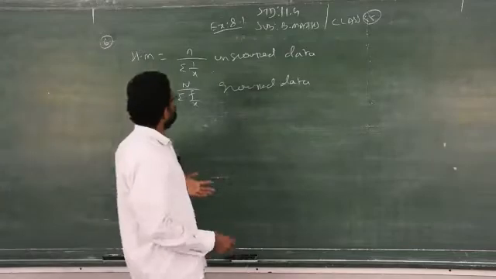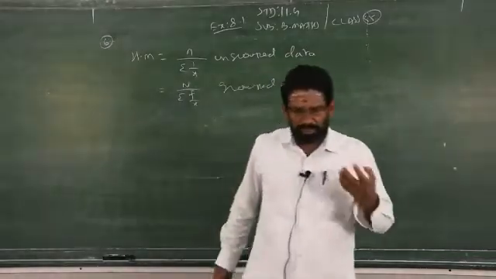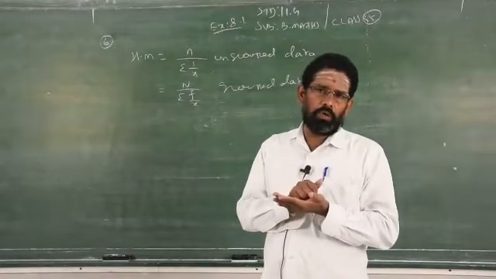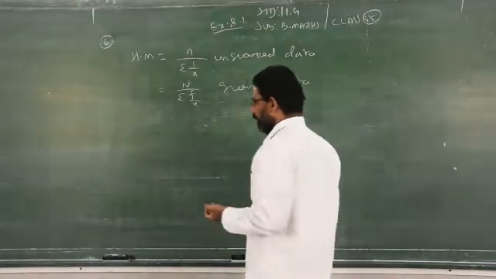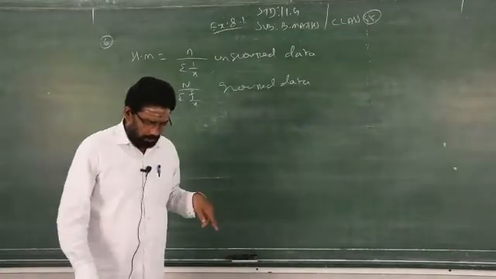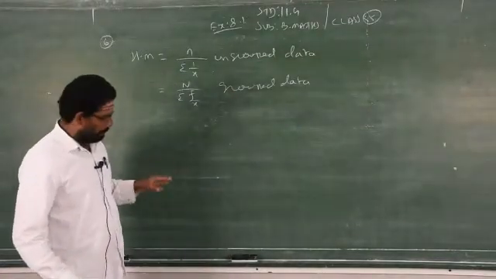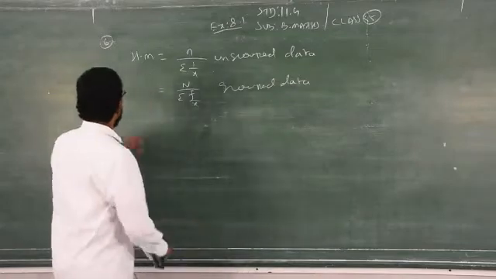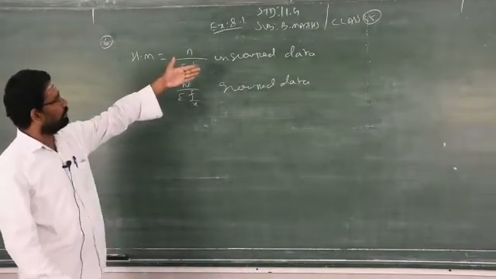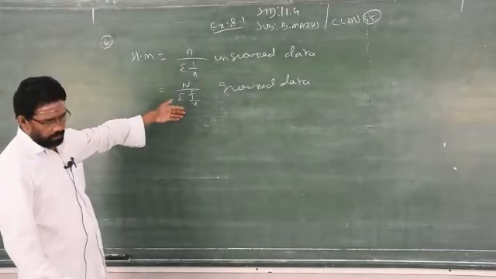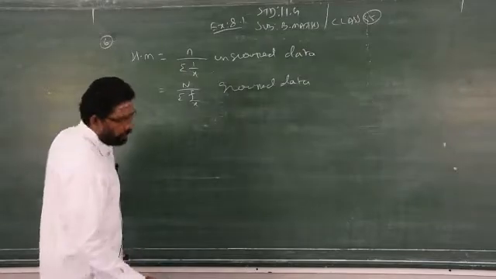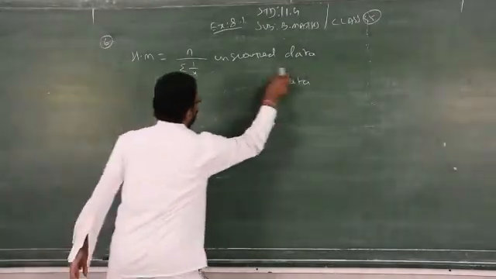The problem in this exercise is you have to memorize the formula and you should increase your speed of calculating the problems with the help of the calculators. Clear? Otherwise it will be very difficult. Now we will go to sum number 6. Sum number 6 depends upon the speed, therefore you have to take harmonic mean. For harmonic mean we have two formulas, one for ungrouped data, another for grouped data. This is ungrouped data, therefore you have to take the first formula.